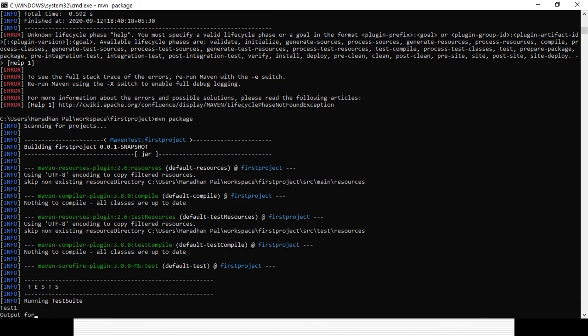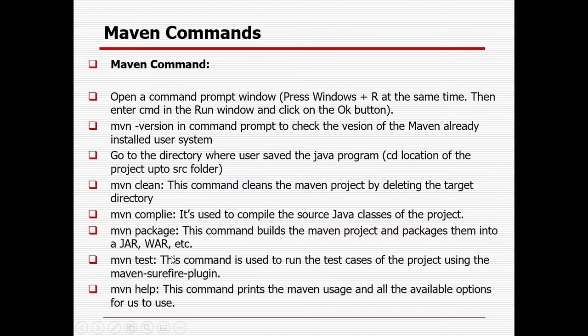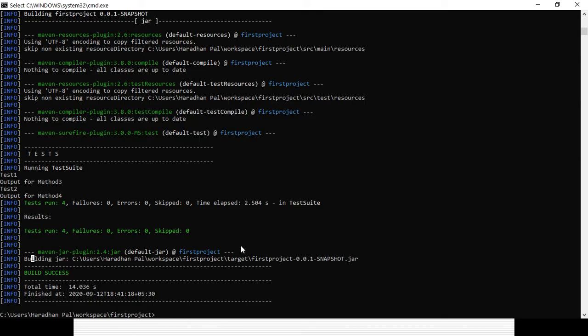It's still running, and after that the jar file is getting updated. Your total run is successful for test 1 and output for method 3, and test 2 output for method 4, and after that it is building the jar. That is the importance of the Maven package command. You can see it is building the jar.